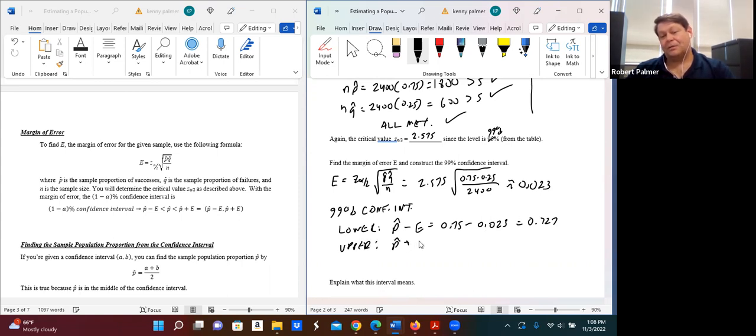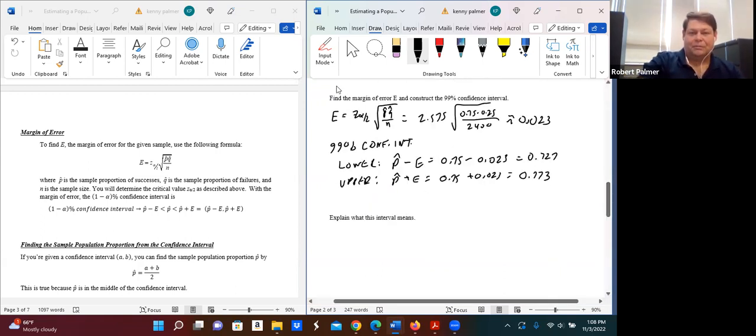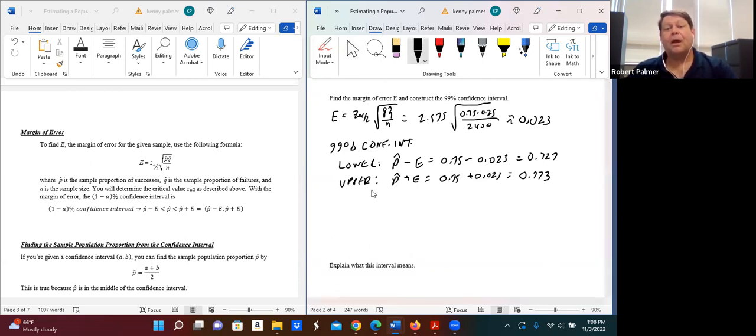is we're just adding that to the sample proportion. So 0.75 plus 0.023, and that's going to be 0.773. Okay, so actually, let me move this down again, a little more space. So then our